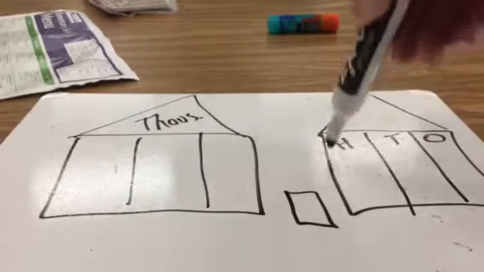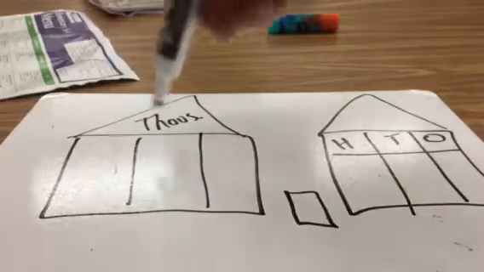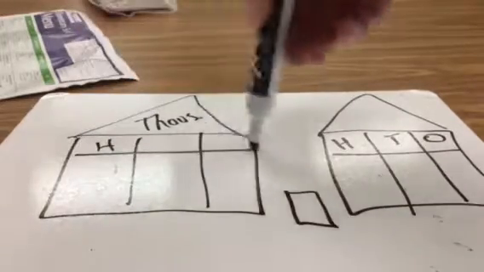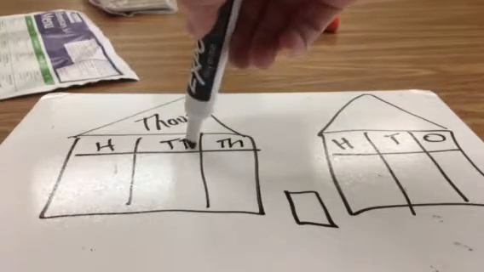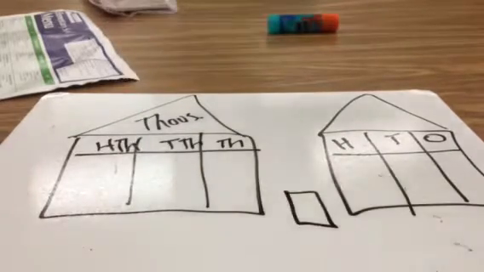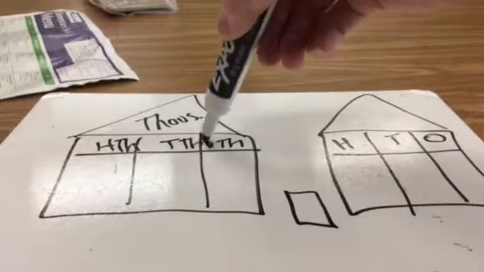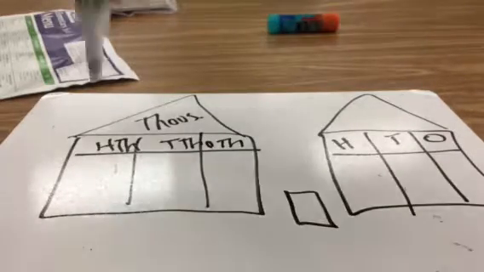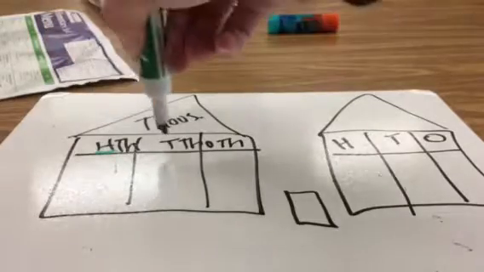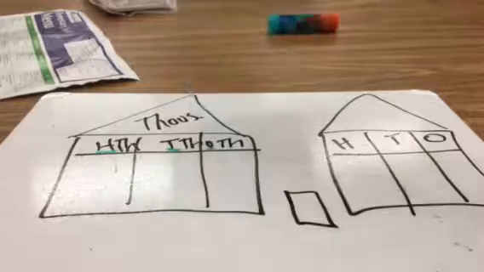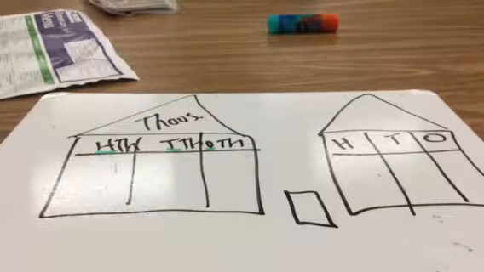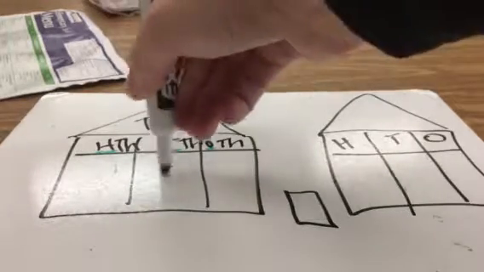So I'm going to make my HTO chart, my HTO houses. And then this is thousands. Remember, everything in the thousands house has the same pattern of HTO, but it is with 1,000 attached. We still have 100, but thousands, 10,000s, 1,000s. So we're going to put our number in,